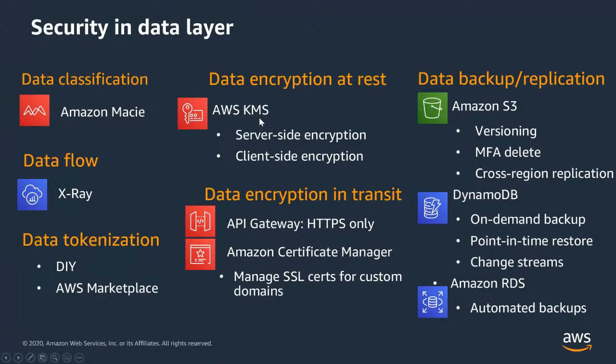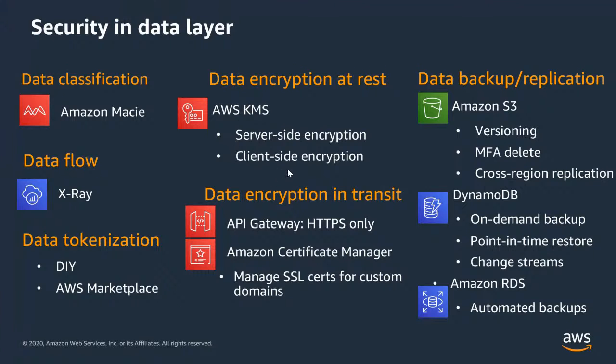So you would use a key management service. In AWS, you have a key management service, which allows you to do server-side encryption of where the data resides, and then you would create a client-side key, which a client uses when they access the data to decrypt it so that they can read it, but only an authorized person can read it. So this is for encryption at rest.